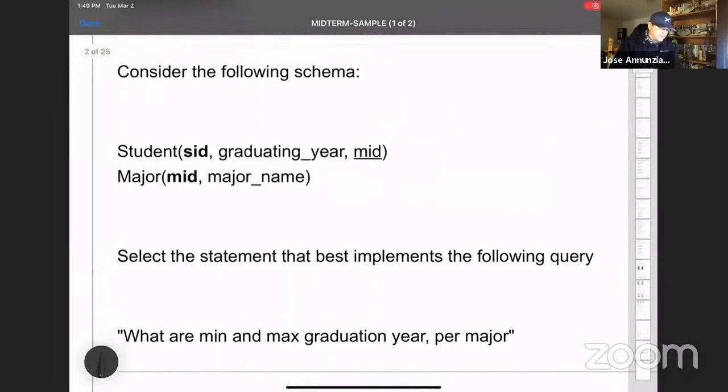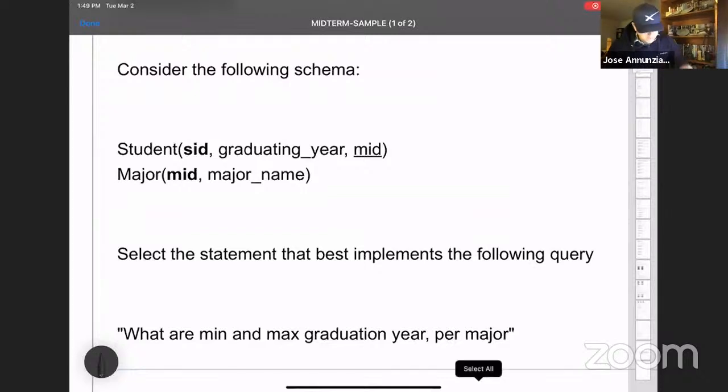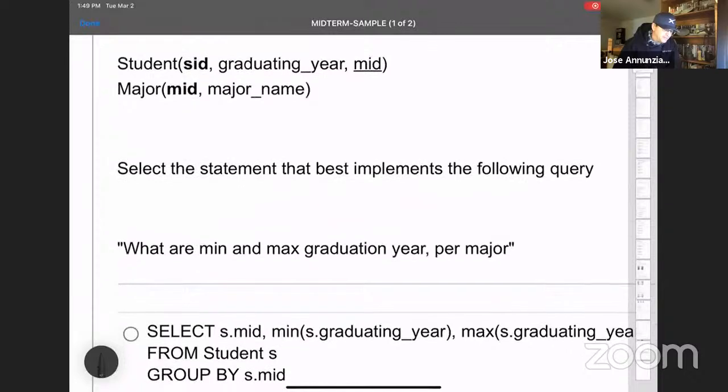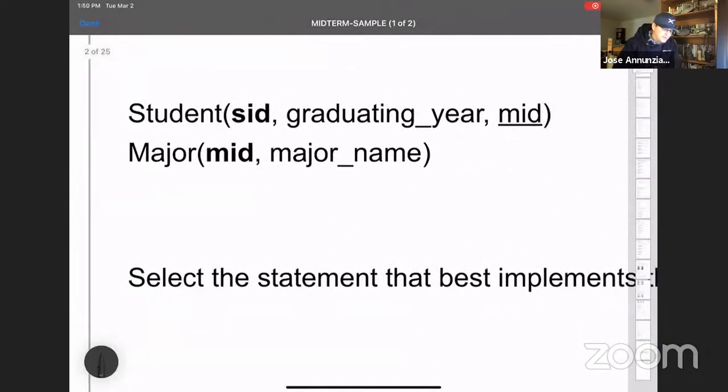Let's see the next one. Some of these repeat themselves, right? It gives us a chance to practice them. So the next one says, consider the following schema. It says you have a student, right? With the student ID, it has the